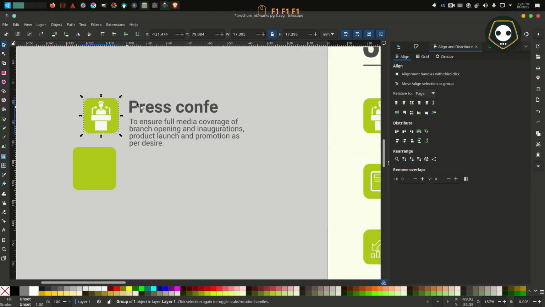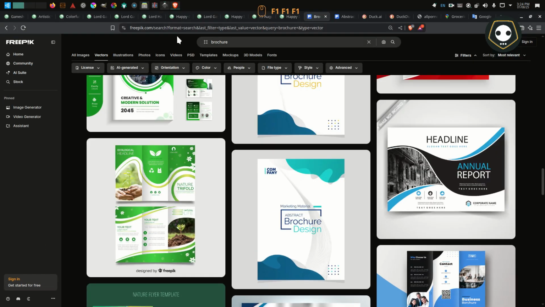And how you can put this icon: to do this, go to the web browser.